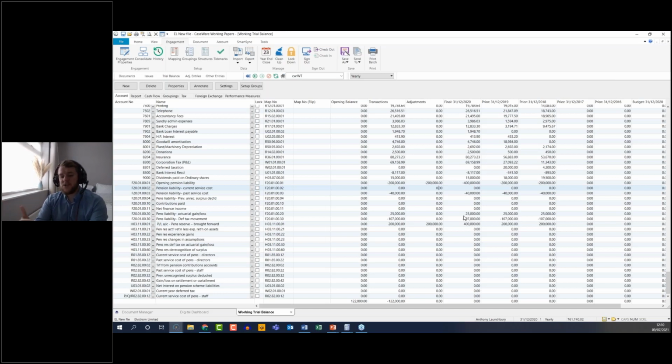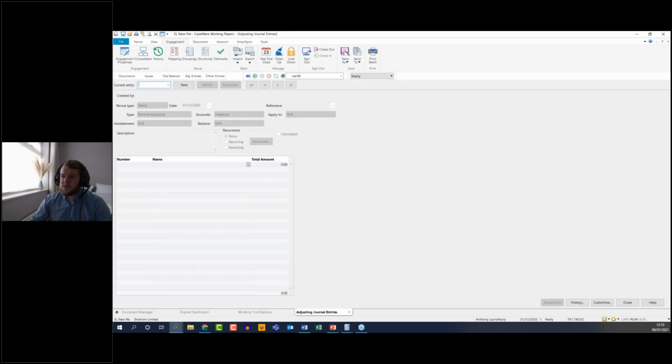So it's quite important to point out that you will get an actuarial report which will spell out most of this for you, unless you are actuaries yourselves. These figures will be given to you rather than you having to work them out. They should come with the pension plan that you've got. Now, if we're going to look at the current service cost, I'm just going to do a quick journal, and then I'll jump into a little bit more on the mapping back in our slides. So if I jump into the adjusting entries,